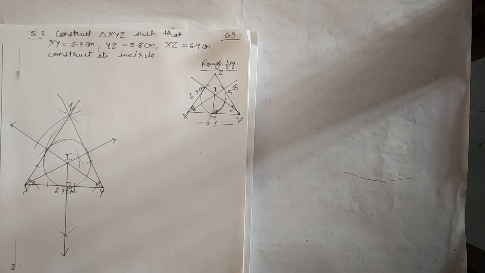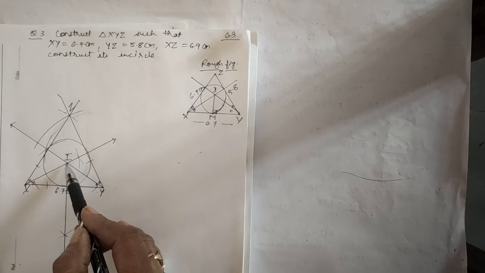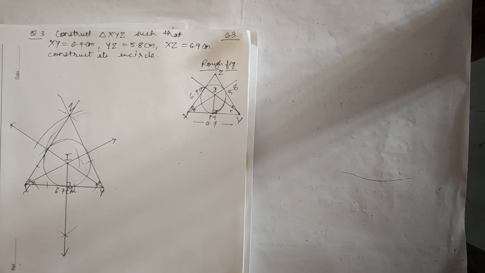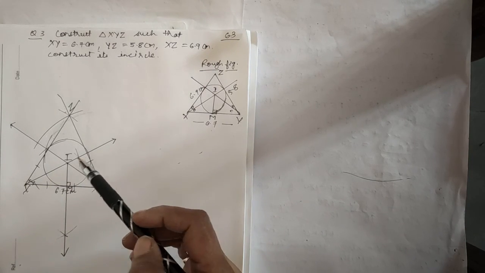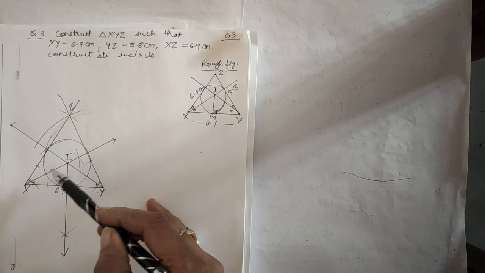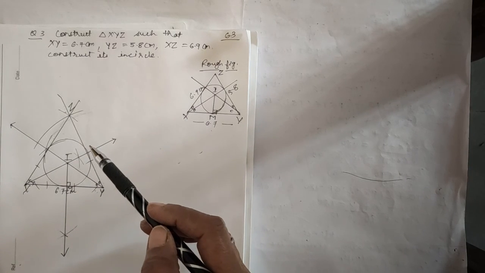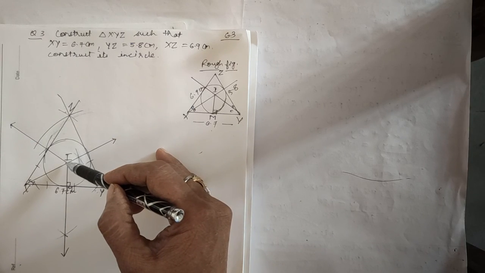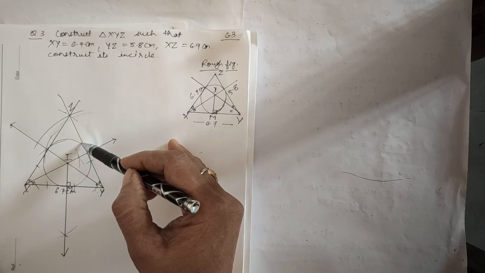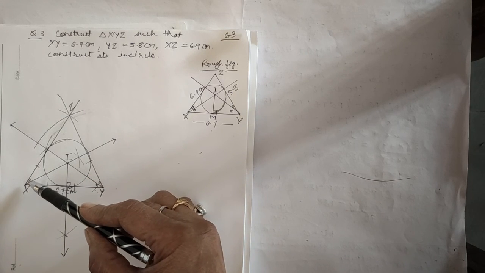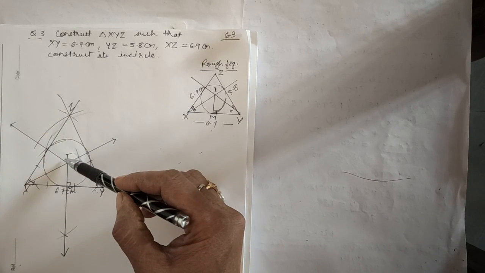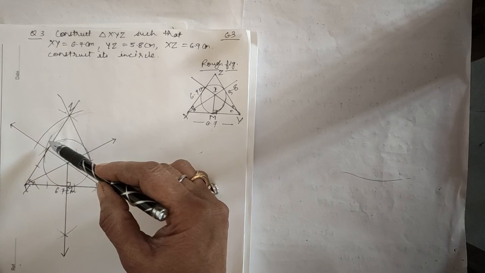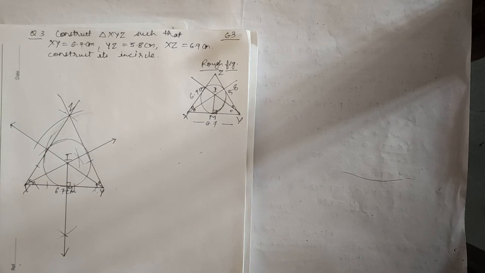And you know children that the center of the circle, this I, is called as incenter of the triangle. And children, remember, as I have drawn perpendicular from I to side XY, it's your choice. If you are taking angle bisectors of Y and Z, then you have to draw perpendicular from I to this side. If you are taking angle bisector of X and Z, then you can draw perpendicular on this side. Okay, so in this way we have constructed incircle of the triangle.